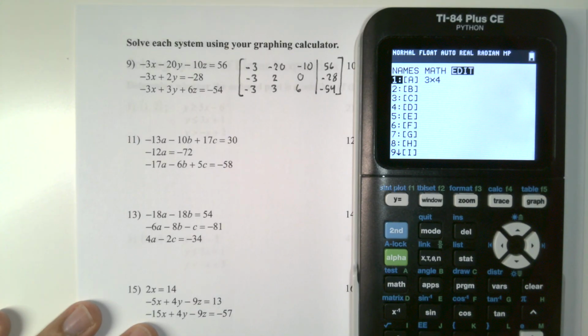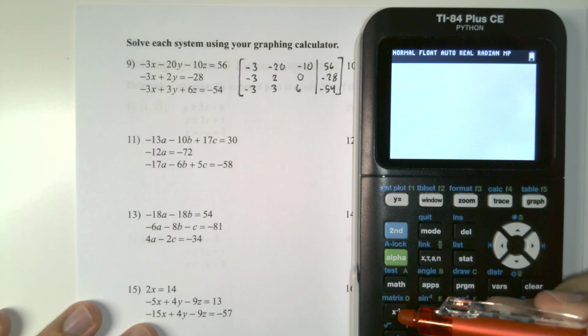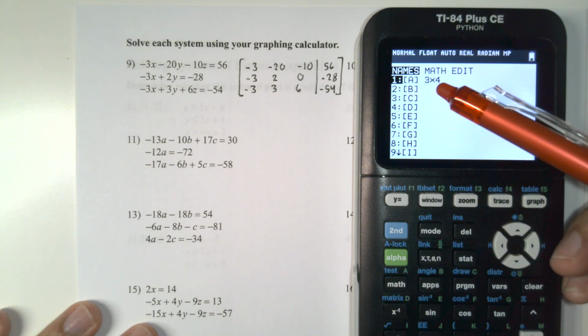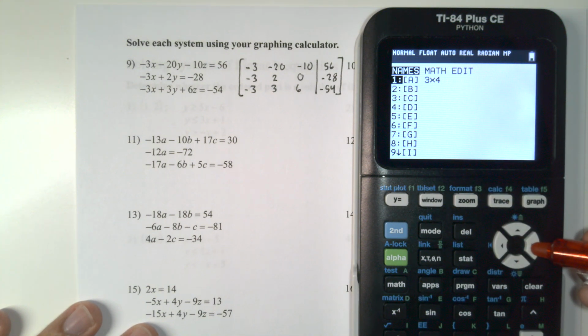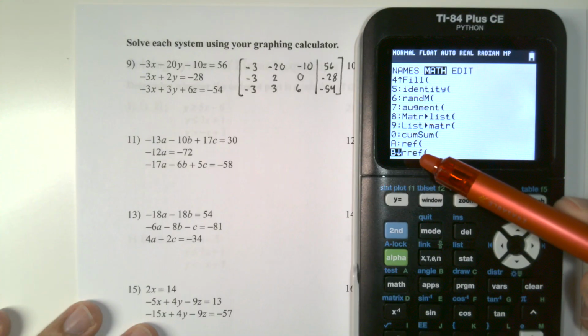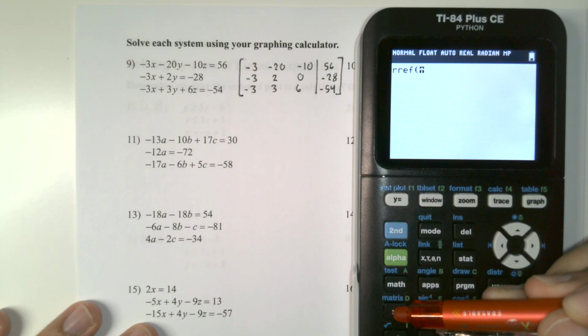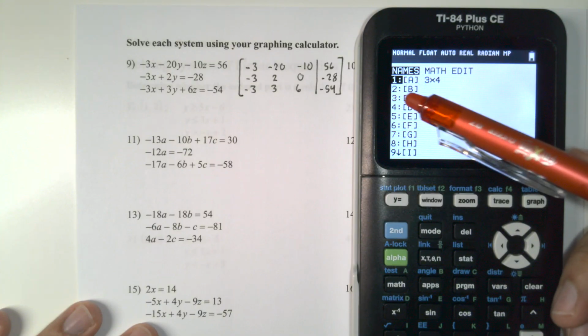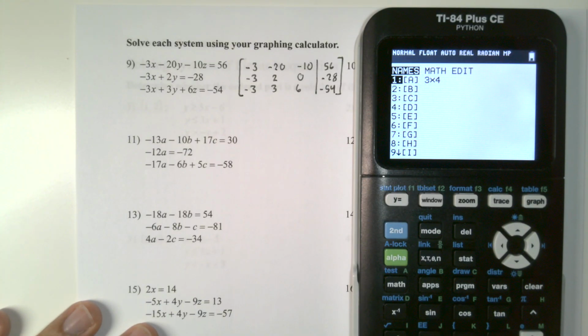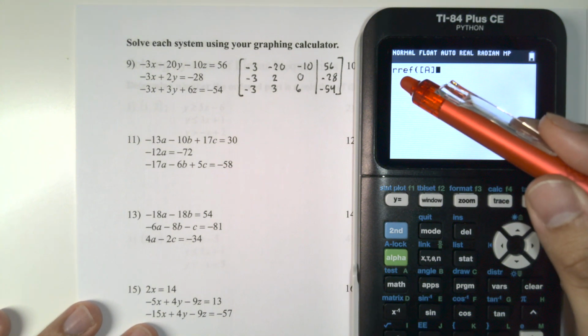So if I go back to this and I hit enter, I can go back to editing this. So I'm going to quit out of that. So when I go to second and then matrix, it remembers this. Now we want to perform an operation on this. We're going to scroll over to math, and we're going to scroll all the way down until we find RREF. We're going to hit enter, and then we're going to do second matrix, and now we're going to refer to matrix A, the one that we were editing, by its name, and when you hit enter, your calculator is going to perform some operation, RREF,